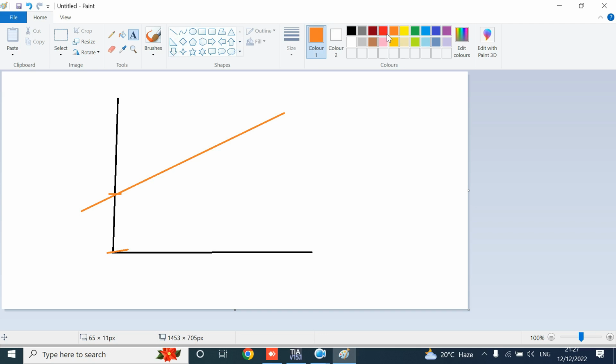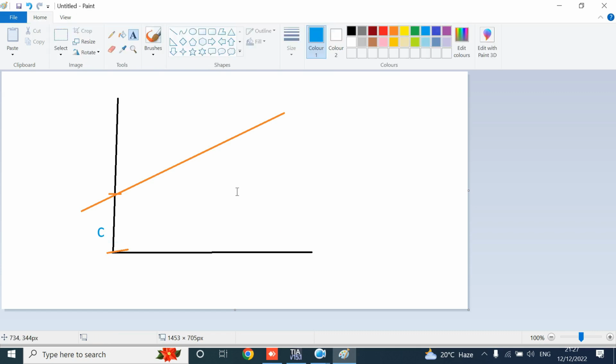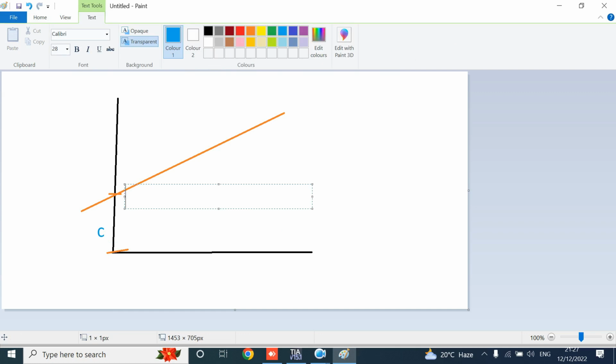This is called C. But if I also write that this point is x1, y1, and